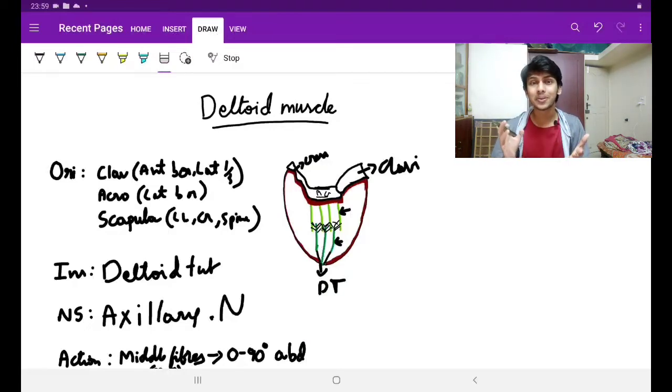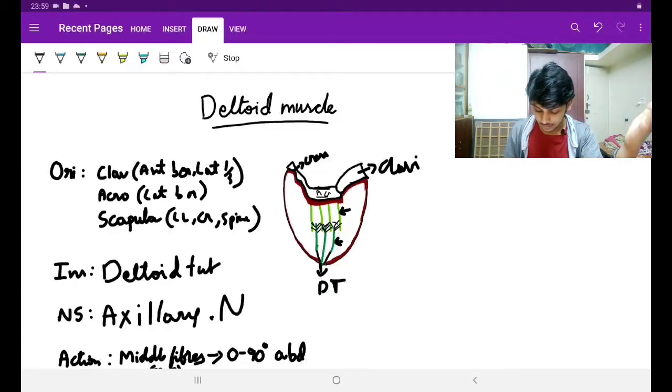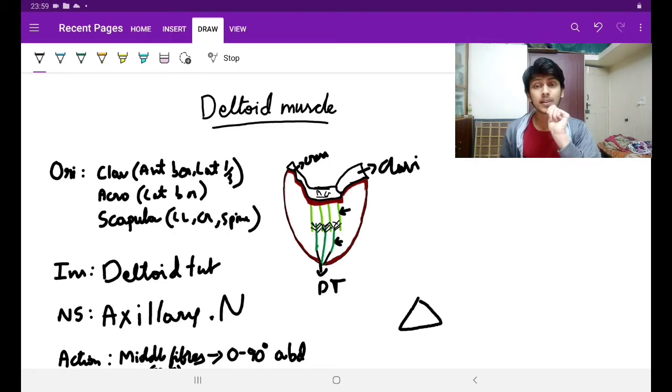So do you know why we call it deltoid? What is delta? Delta is basically this shape. It is similar to a triangle. When we have been studying in maths, we represent delta by this symbol. It is similar to a triangle, right? Deltoid muscle is also similar to a triangle. The base is this way and the apex is thought to be at the deltoid tuberosity. That is how it is seen. So it is called deltoid.